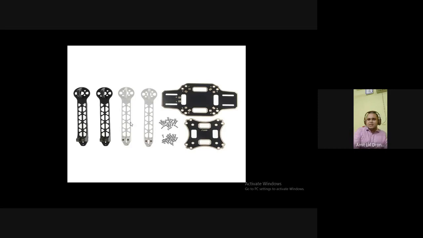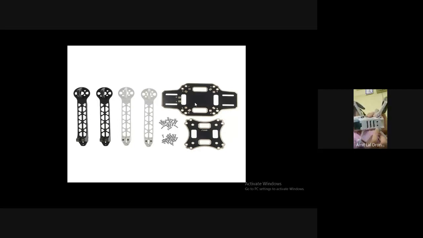The next you see is called a bottom plate, this one. So why is a bottom plate or a base plate important? Because that is the thing that is going to take most of the electrical work of the drone. This is not an open drone, but you can see you have frills here. So why are these frills there? Because the microcontroller, the flight controller, is here, and it needs air to cool down, because it is doing so many calculations, so much data processing at intervals of seconds or nanoseconds. So it needs to cool down.